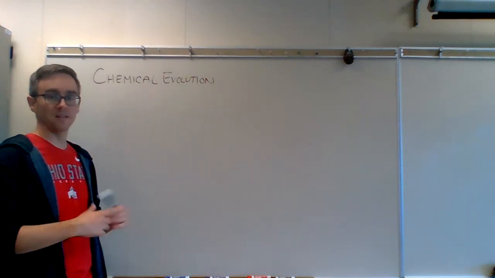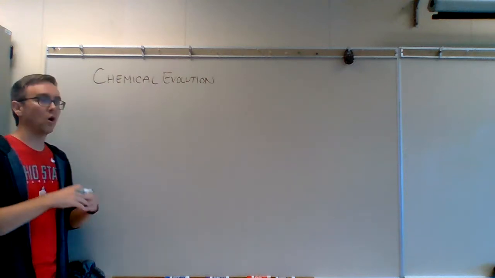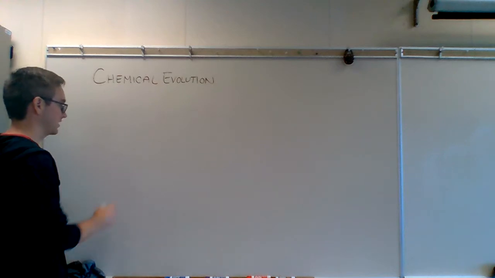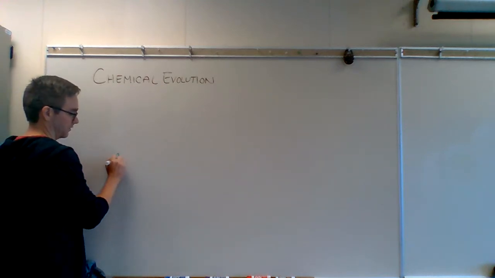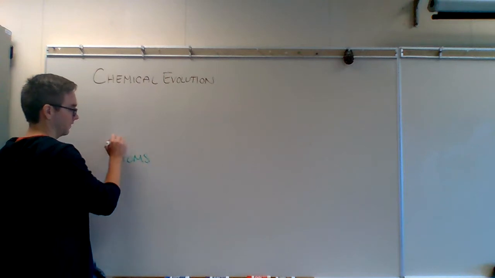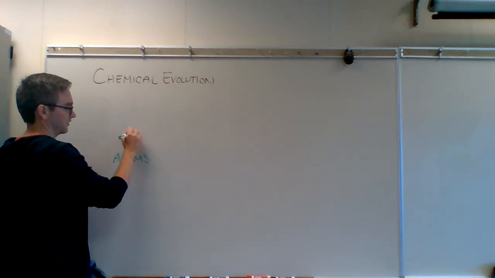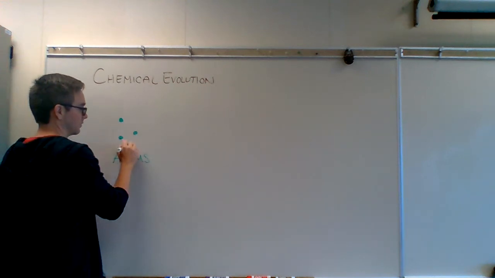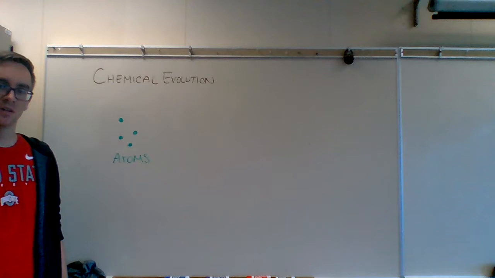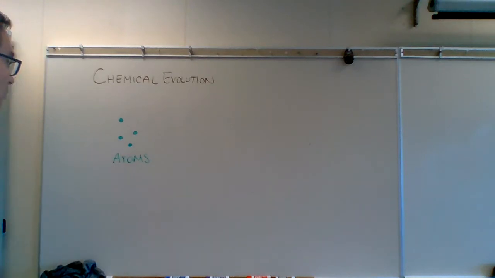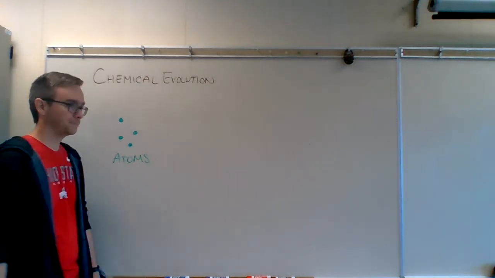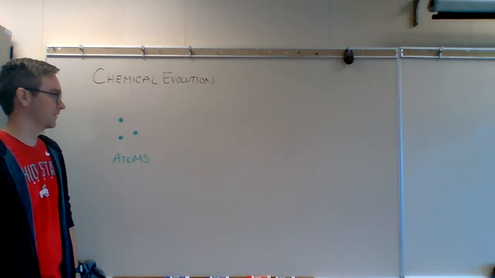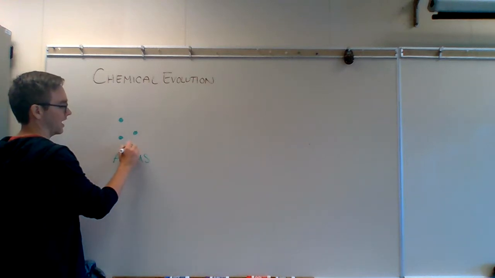So we're going to talk about the basic building blocks. We know that all matter in the universe is basically made up of a fundamental principle. There are parts that make up these things, but they are atoms. They are the basic unit of all matter. I'm just going to draw them real simple. There are different types of atoms based on the number of protons, neutrons, and electrons. I'm just going to draw them as little tiny circles for right now, because we're doing a broad, big picture here. We'll do four of them. So I have my atoms here.